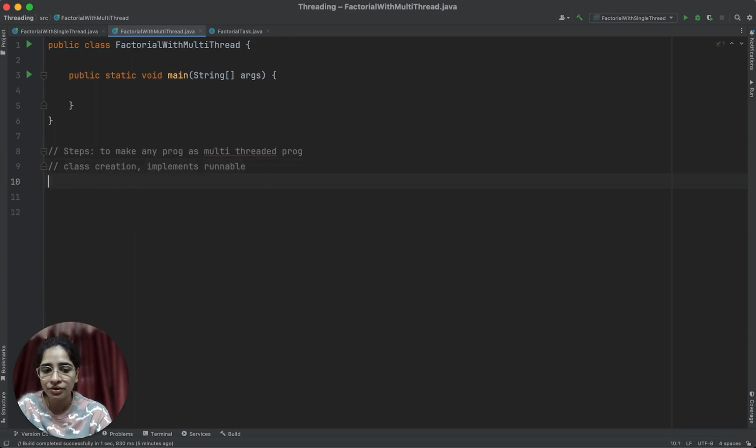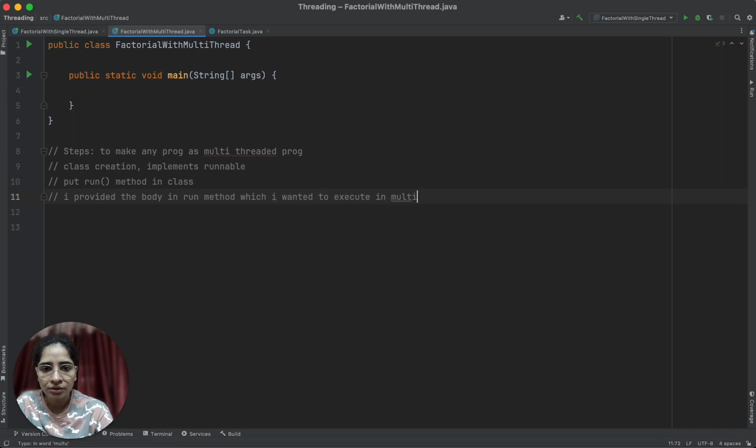I implemented this runnable, and then I put the run method in the class, provided the body in the run method which I wanted to execute in a multi-threaded program. I'll have to create an object of runnable and then pass this runnable to a thread object.